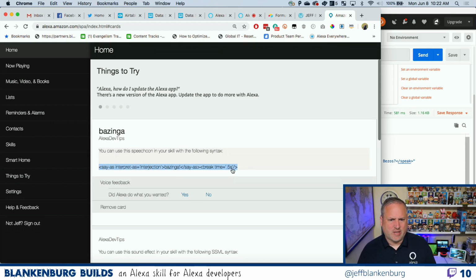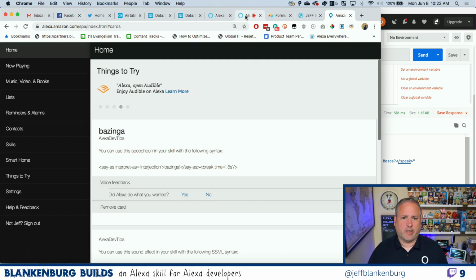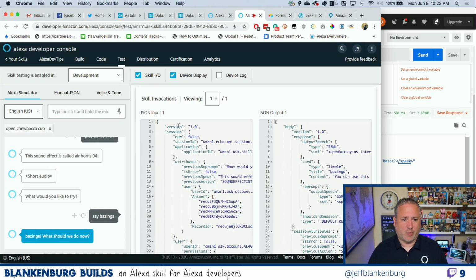I don't know why I put the break time 5 on there. I think I do know, because I put the break on there for myself, but I feel like you don't really need that, and I should have removed it. Anyway, that is how a lot of this skill is going to work: here's the thing you need to go do. If I say something like, I don't think I'm doing this for answers yet, but I will be. Tell me about Blankenburg.